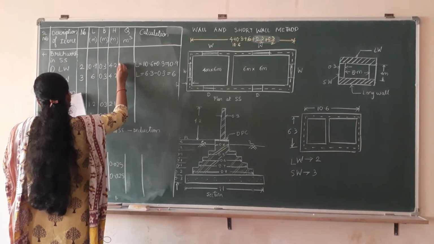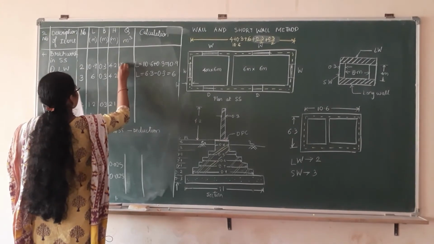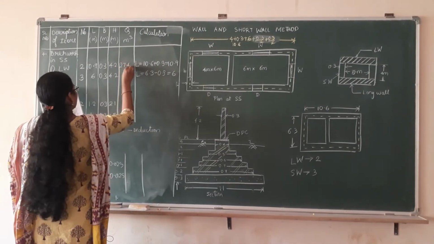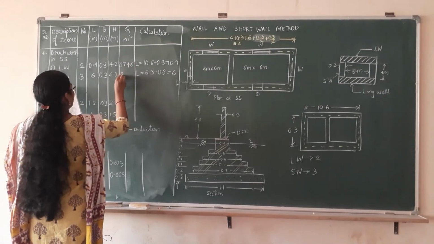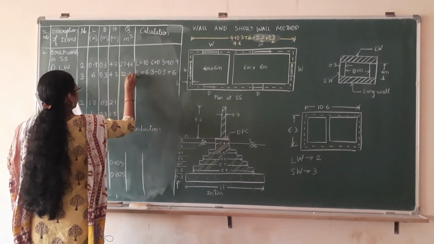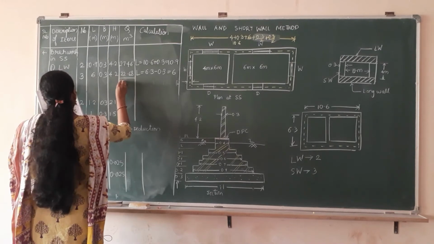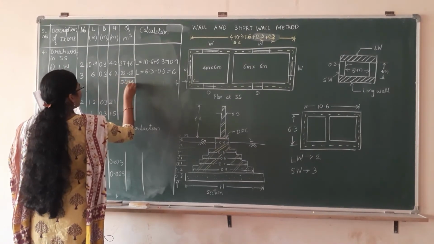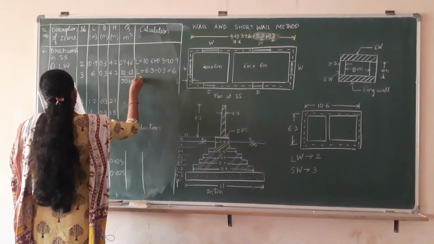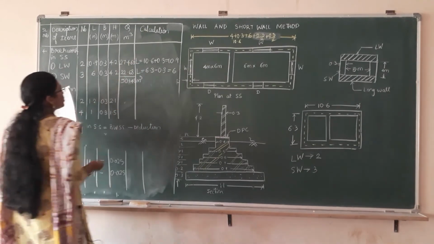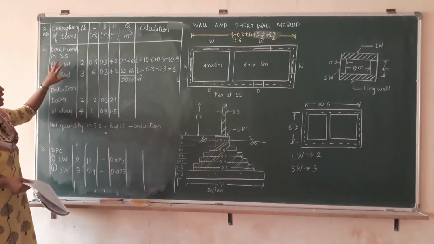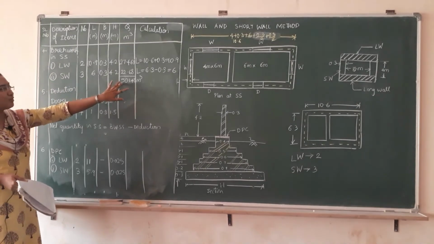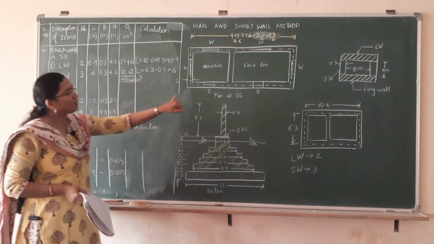So here it is 27.46 and it is 22.68. The total of this is 50.148 meter cube. So in the superstructure I am having the total quantity of 50.148, but we have the deductions